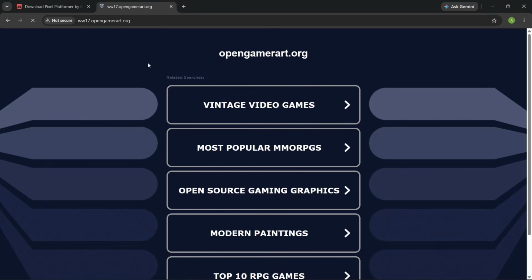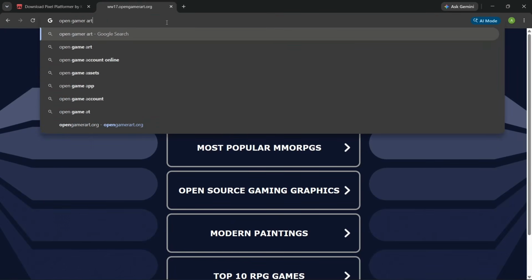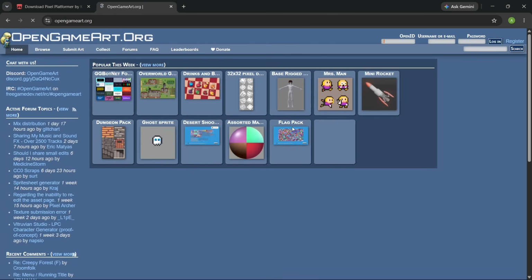opengameart.org. This is another website that I use. And in this website, we can get some background music. This is one of the main archives. So Open Game Art. This is one of the main archives that people go to for game music. And you can just search for any platformer tune, or you can look at 8-bit jump sound and stuff